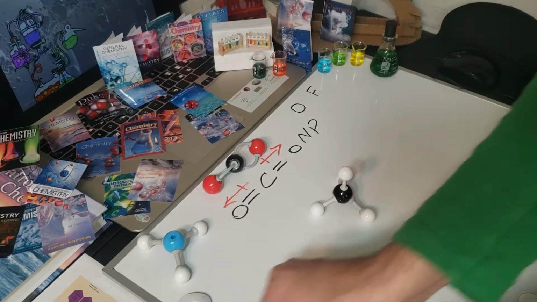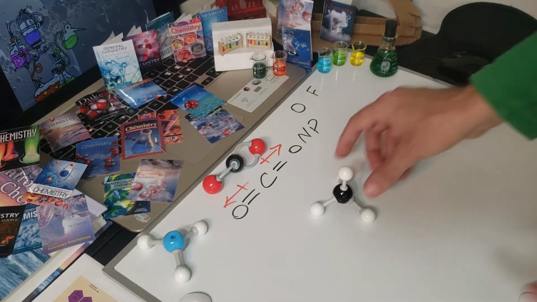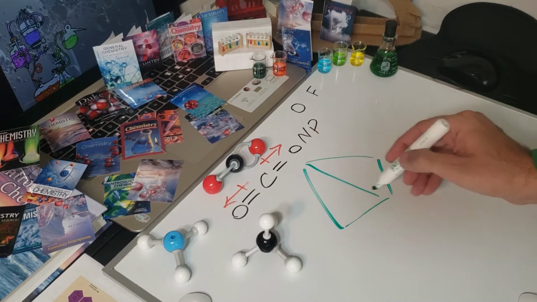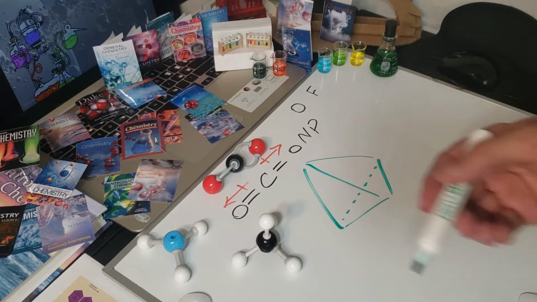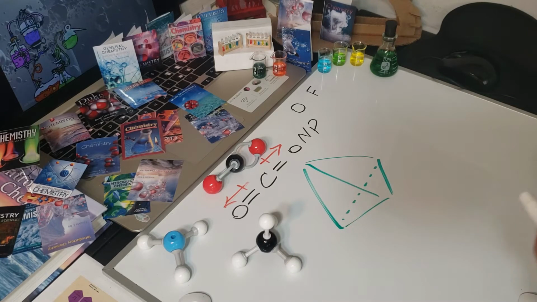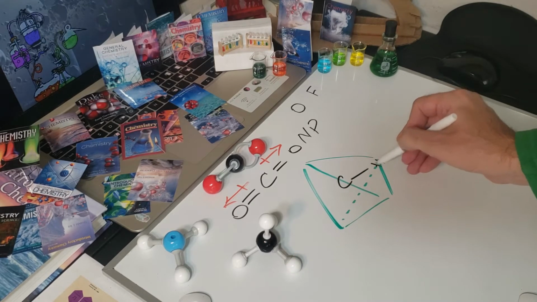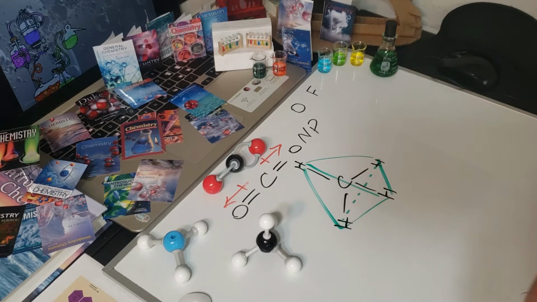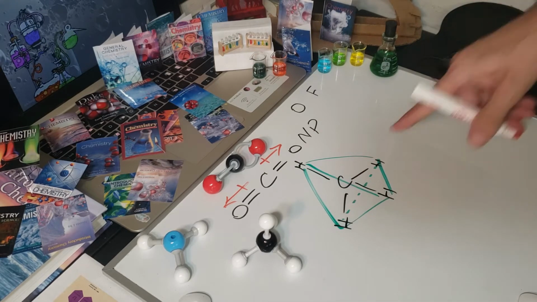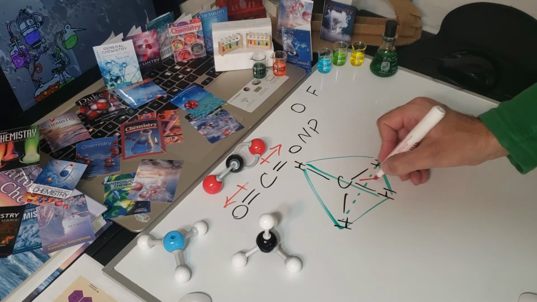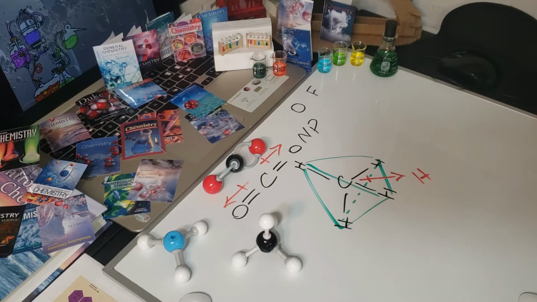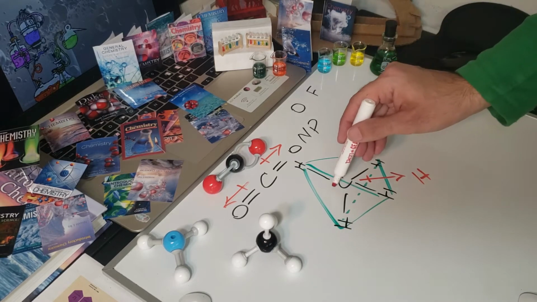I could also show this in a figure. With this demonstration it would be easier for you to understand. I draw the molecule, the methane, in black, and I draw the overall thing in red, so that you could see how the two would cancel out. Let's take these two for example. They pull with the power of one hydrogen, and also these,